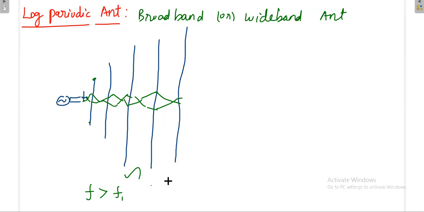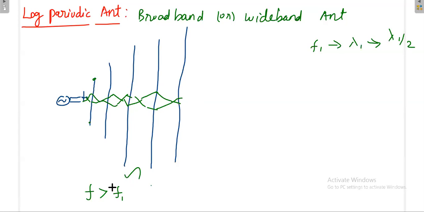Okay, you have some frequency, F1, which is radiated by this antenna. That means for this frequency, you know what lambda 1 is. When you have F1, you know lambda 1. That means the length of this antenna is lambda 1 by 2, because you are using a half-wavelength dipole antenna. You might have designed this antenna in such a way that its half wavelength equals the wavelength formed by this F1. So when you are operating at frequency F1, it is radiated by this antenna.